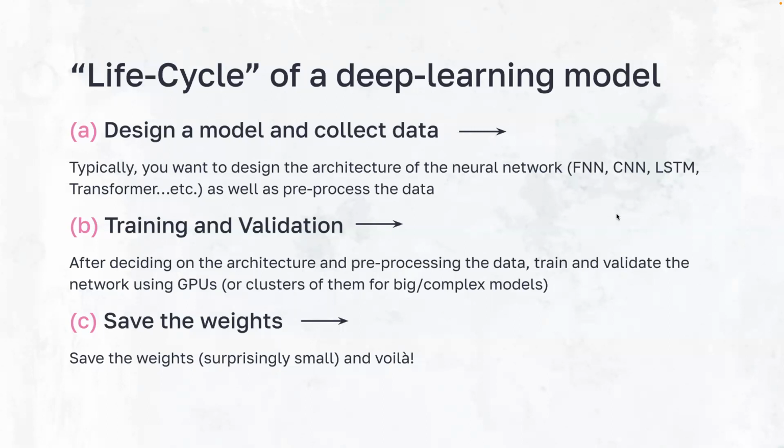So after deciding your architecture, you can code it in whatever library you want, PyTorch, TensorFlow, and so on. And you would use your pre-processed data, clean and scaled depending on the needs. And then you would train and evaluate your network. And this step usually takes a lot longer than anything else, because you would need GPUs or clusters of them for more complex or bigger models. So for example, like